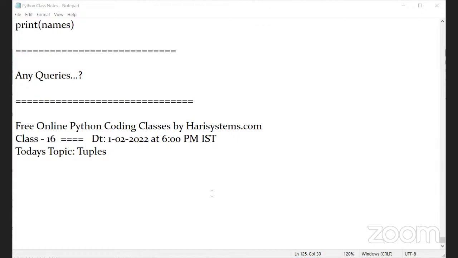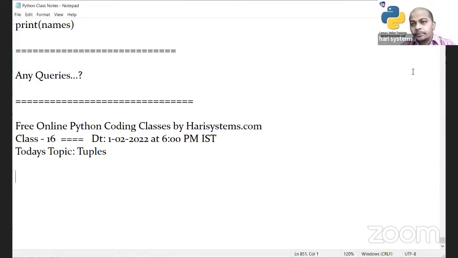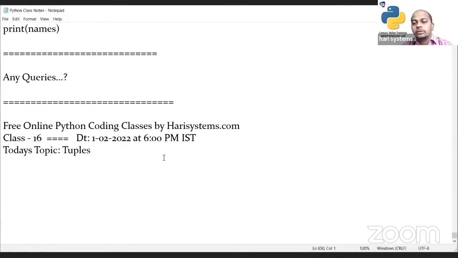Yeah. So today we are going to initiate a basic lecture on tuples. What are tuples and how are we going to write tuple programs in Python? I think we discussed list items yesterday, and we saw how to create a list using square brackets. We call them list items.